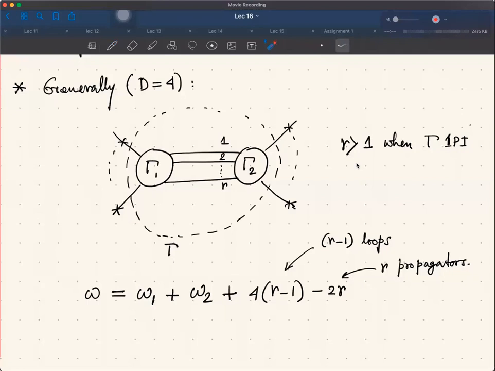So in this case, if r is greater than 1, then we see that this is positive. So if gamma is 1 pi, then r will be greater than 1, and this entire thing, 4r minus 1 times 2r, will be positive. If gamma is non 1 pi, then r equals 1. In that case, this is negative because this term drops out, and this is minus 2. So this result will be